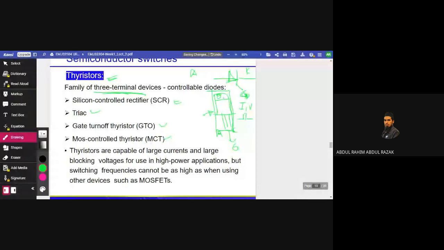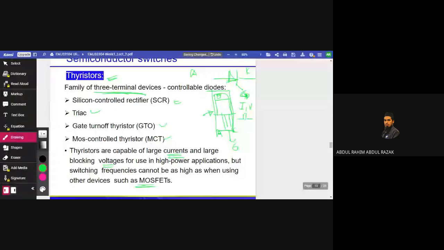So, capable of conducting large current and large blocking voltage. So the current and the conduction when you apply IGT. So this is the characteristic of the SCR or thyristor. It can go to higher voltage and higher current compared to MOSFET and IGBT and compared to transistor. This is the thyristor. But in terms of frequency, it can only tolerate